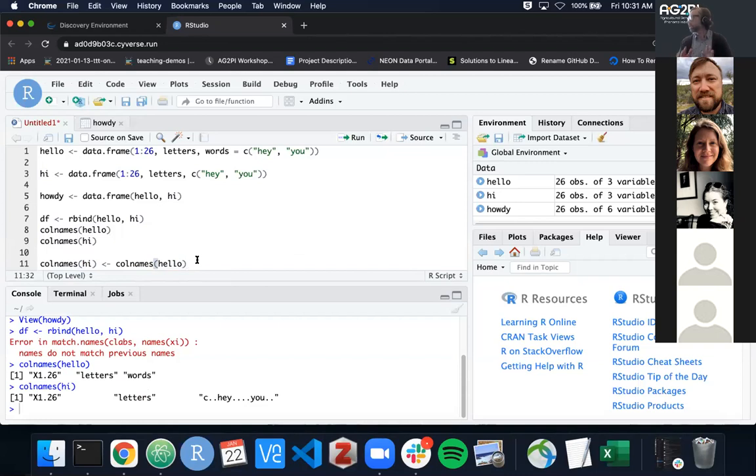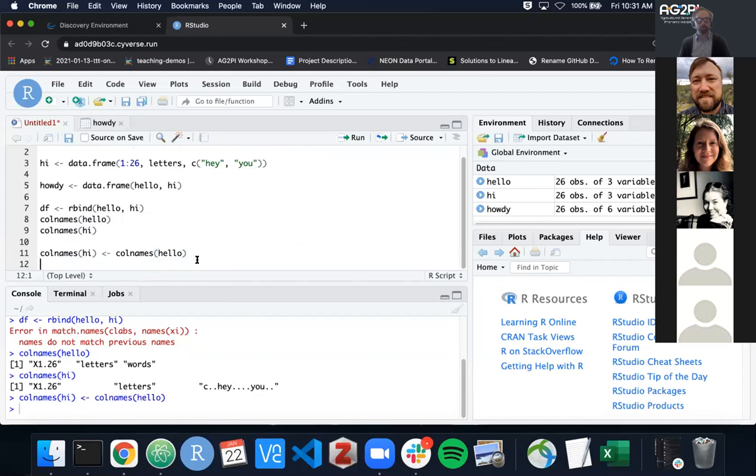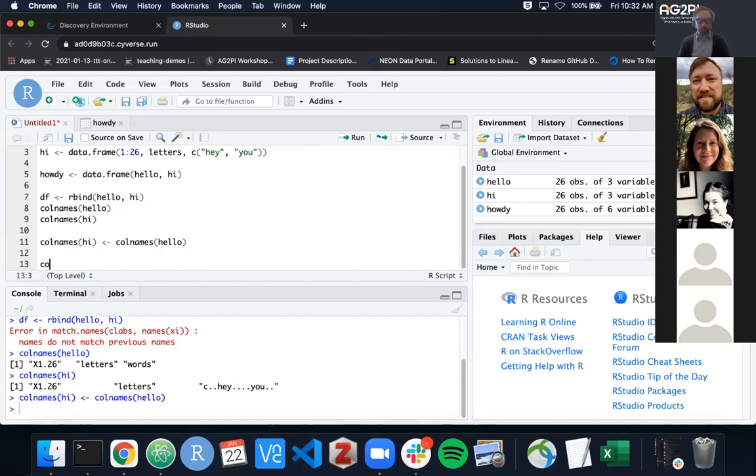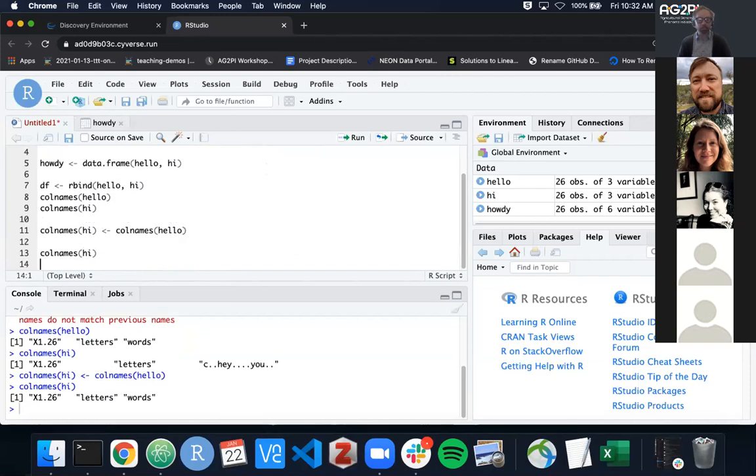So there's a whole bunch of different ways that you can rename your column names. This is probably the fastest for us to join them by rows. So now, if we take a look at the column names of hi,